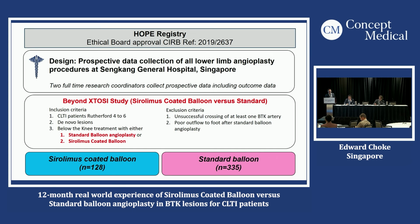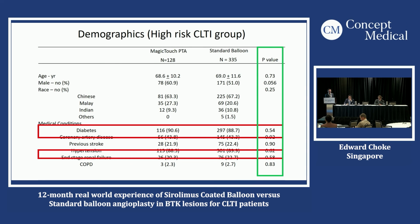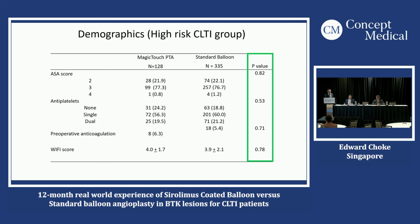We have 128 patients who underwent Sirolimus Coated Balloons for BTK and 335 standard balloon for BTK. In terms of the outcomes studied, we focus on 4 key clinical outcomes: TLR, amputation, amputation-free survival, and also overall survival. And these are the demographics in the group. Really, the first thing to say is that this is a typical, complex, high-risk CLTI group, 90% diabetes, and also a high proportion of patients with coronary artery disease. The second thing to say is that the groups are very well matched, with statistically non-significant differences between the groups. In terms of the ASA scores, a majority were ASA score 3, with high WIfI scores of about 4